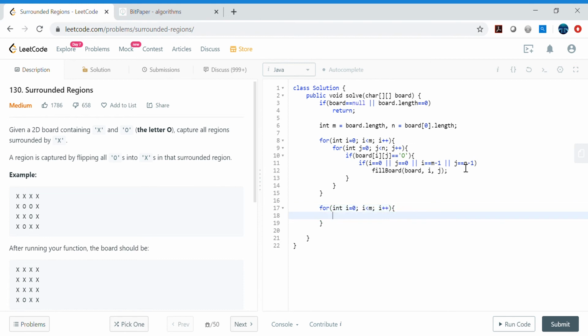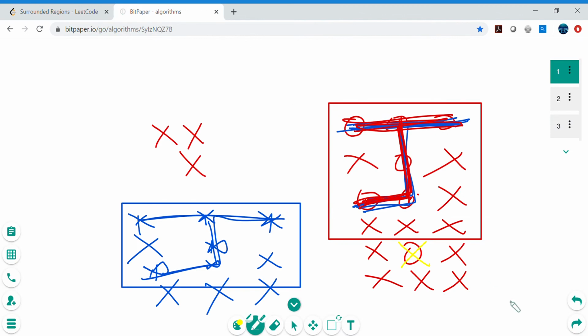Okay, so i plus plus, and then we will run another two for loops here. Integer j equals 0, j is less than n, and then j plus plus, and here we will check if board, right, because board we already updated. So now all those boundary O's are now star, right? So let's say these are the boundary O's, we already converted them to star. So this is star, this is star, this is star, this is star, this is star, right? So we cannot have the star, right? Once they are star, let's convert that back to O, and whatever the remaining O is there, convert that to X. So that's the strategy.